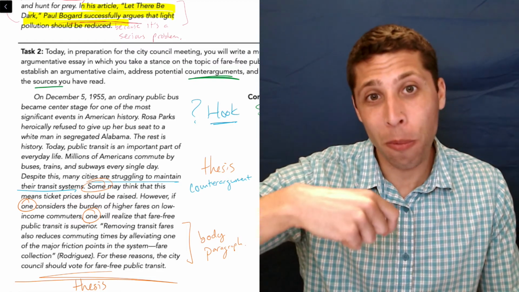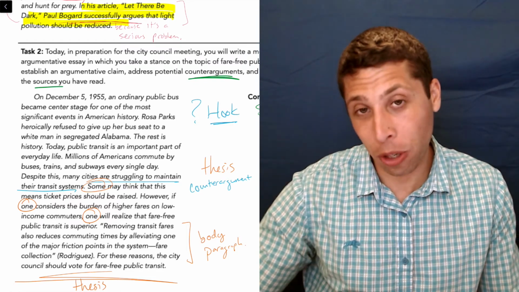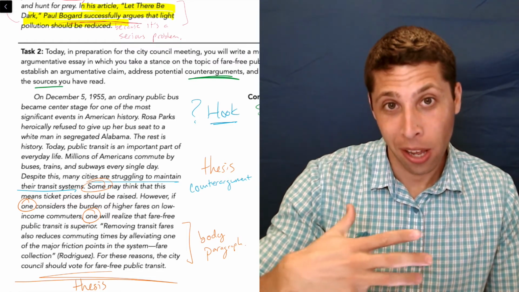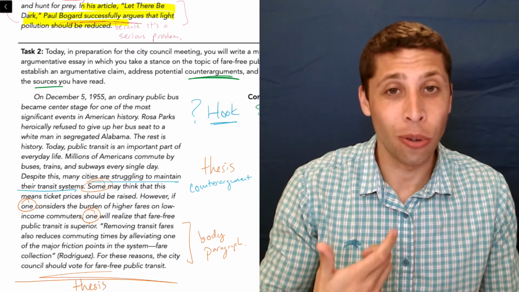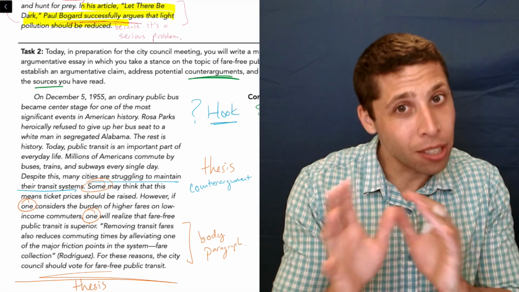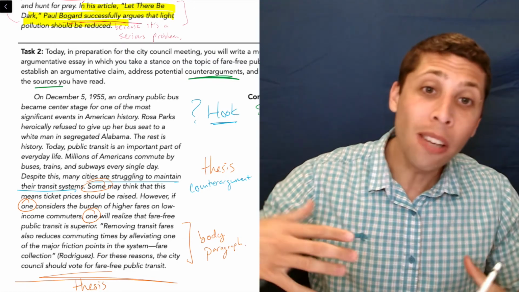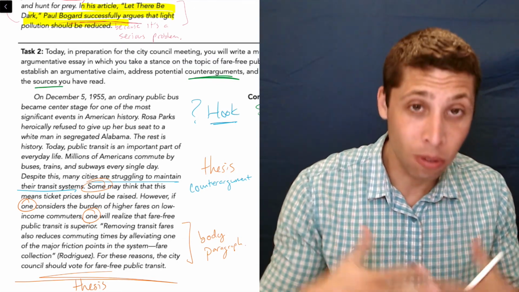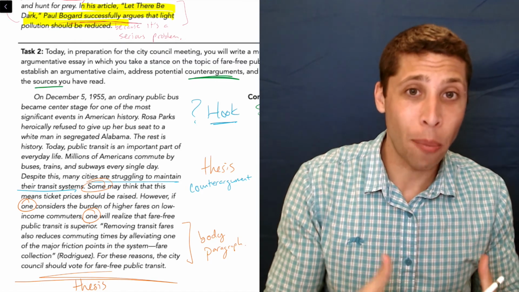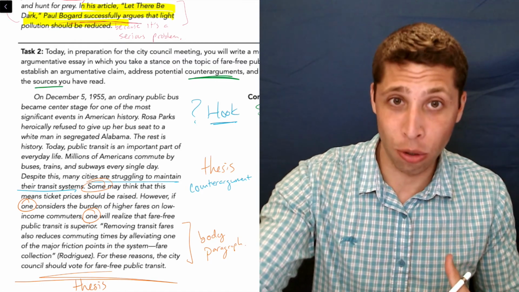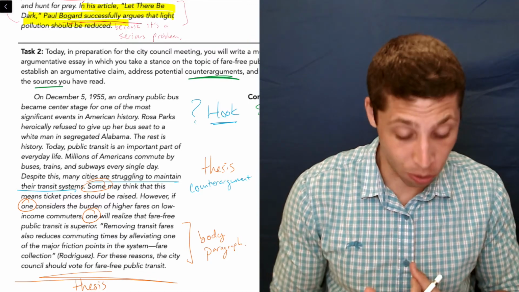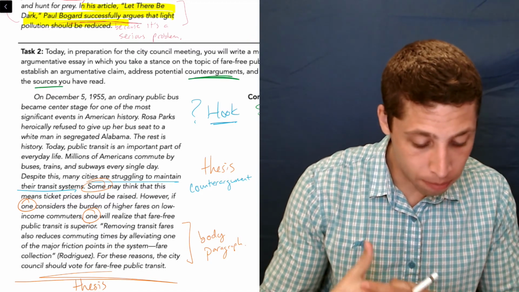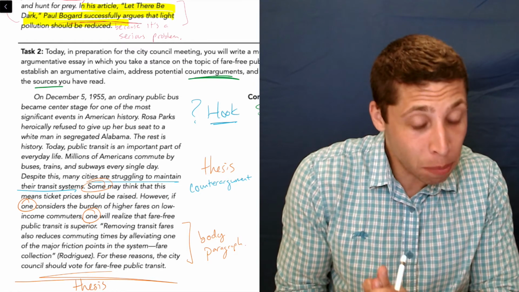And so that's why we'll talk about this when we talk about body paragraphs. You really don't want to just plop an entire sentence into your writing. When you use a quote, you want to pick and choose and weave the quotation into your own thoughts. That way it's really clear why you're using the quotation. It's really clear how that supports your point of view. So there's probably a better way to do this.